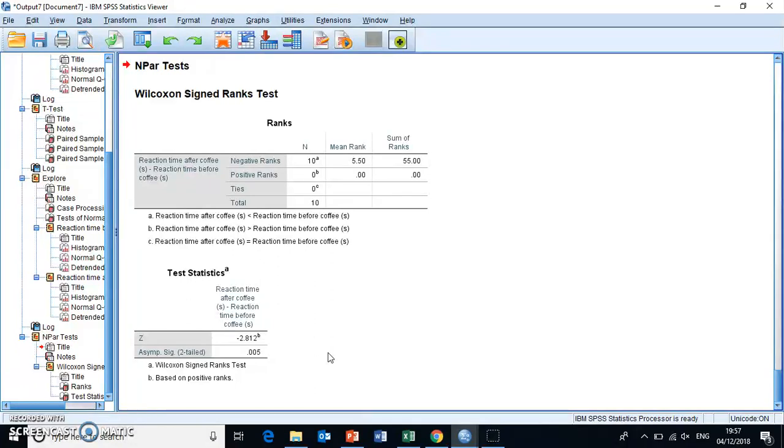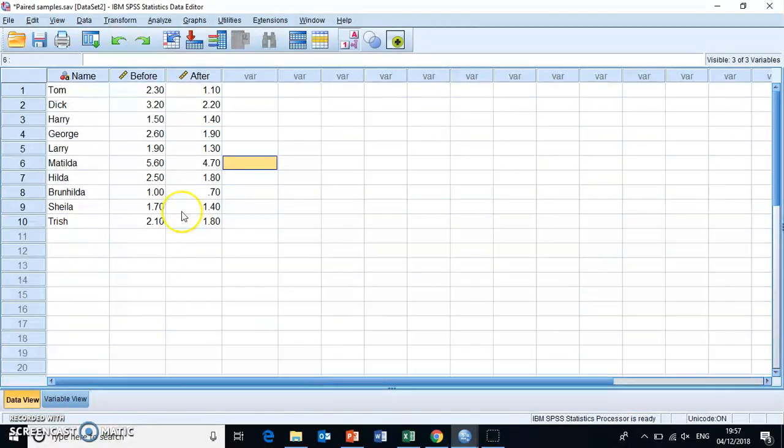coffee. So we show exactly the same thing, because if you look back at the data, even though there's this outlier, this data value which is much, much higher than the others, there is still a decrease, okay? So even Matilda's had a really bad day and she was quite slow today. She did still improve in her reaction time after having a coffee, okay? And that is the same for all of the others as well. So we still have this significant decrease in reaction time after people have had coffee, regardless of which test we've